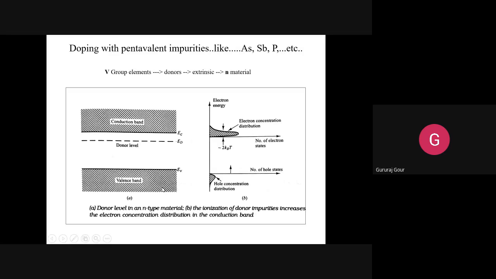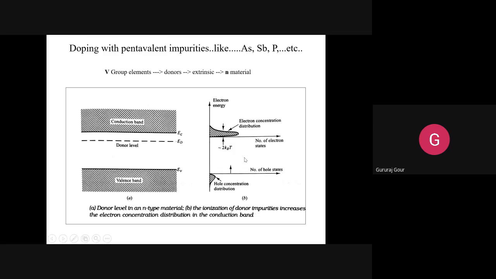Holes will be remaining the same, but before it was 20, now 10 will become less. That's what is indicating the hole concentration distribution is decreased, or in other words, electron concentration is increasing with the addition of the doping pentavalent impurities. That is going to enhance the electron concentration distribution in the conduction band by this much peak.